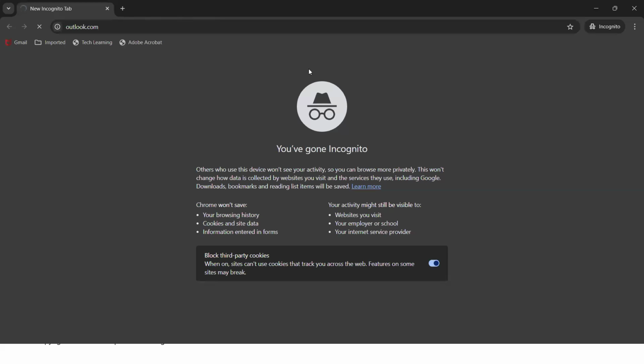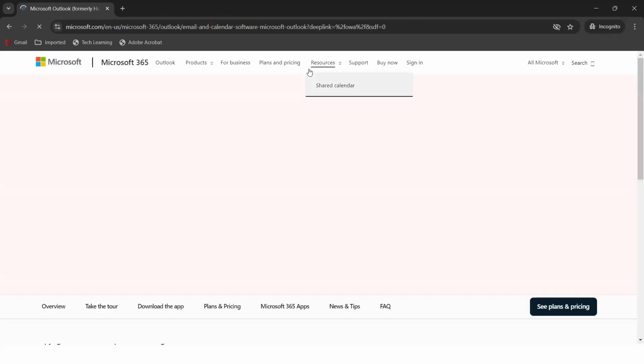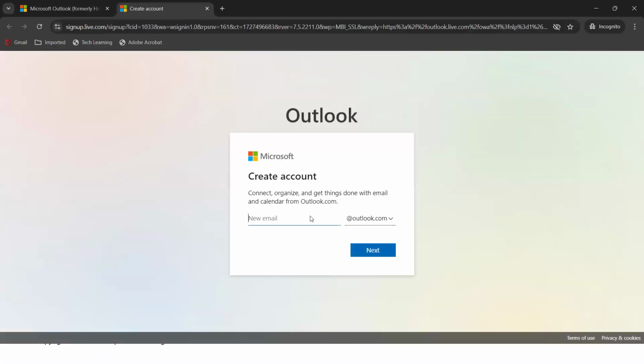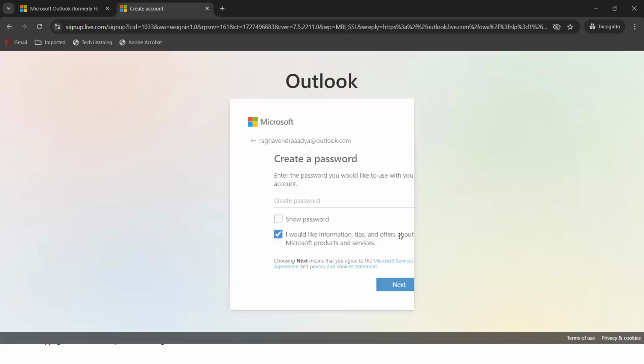So what you do basically, guys, is create an outlook.com account. Create an outlook.com account in real time. Let's say Raghavendra. If I create like this,